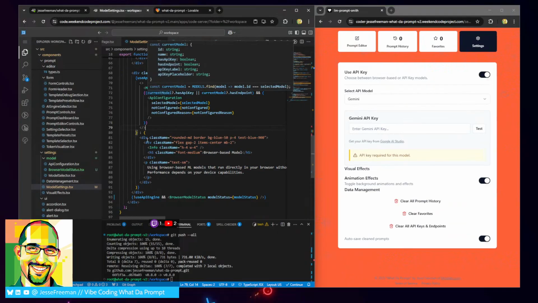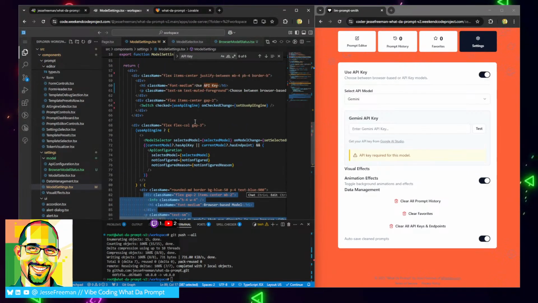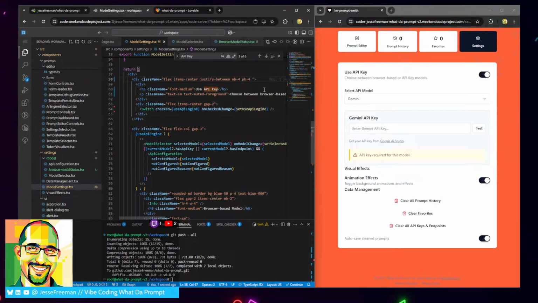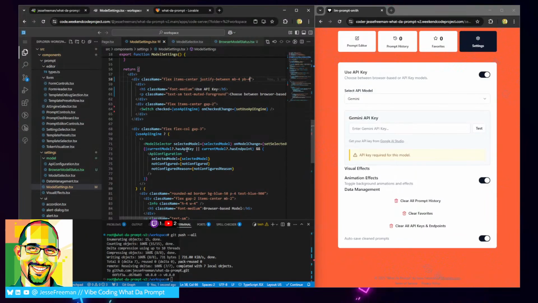Model selector. All right. Let's see, where's the border? Yeah, it adds a whole bunch of styles and things that we don't really need. Use the API key. We don't need this border. I don't think we need this. Well, I guess that, justify center, fine. All right, so what I want to focus on is